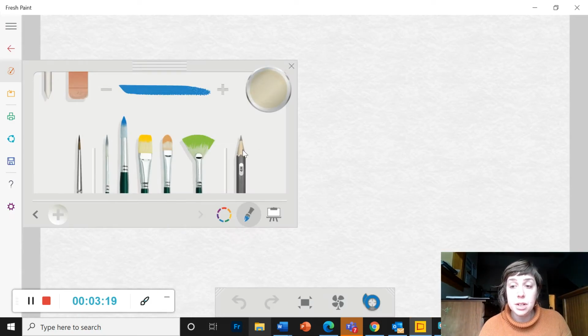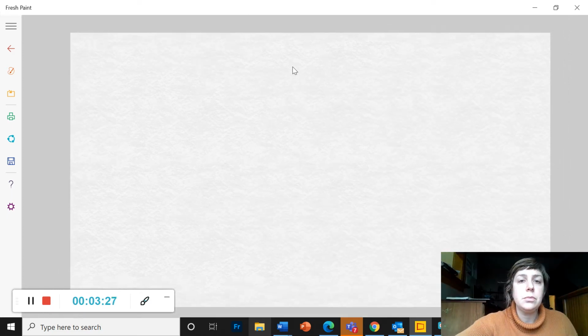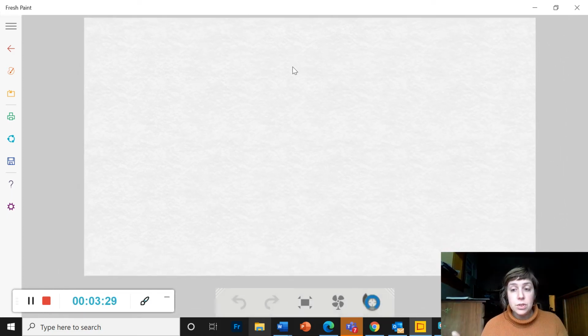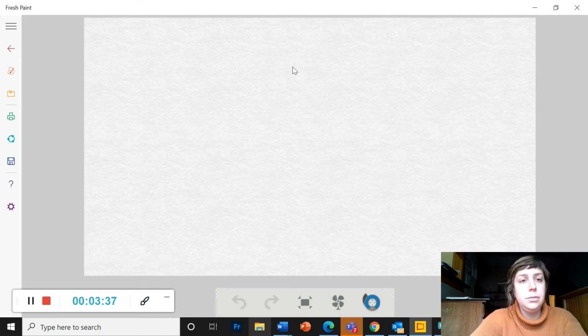Okay, and again, I'm going to start with pencil. I'm not ready to start coloring just yet. I want to lay out my composition first. So you always start with line and shape, right? So before we start worrying about the shadows and filling in the shadows, we just need to get the outline. So I'm going to start